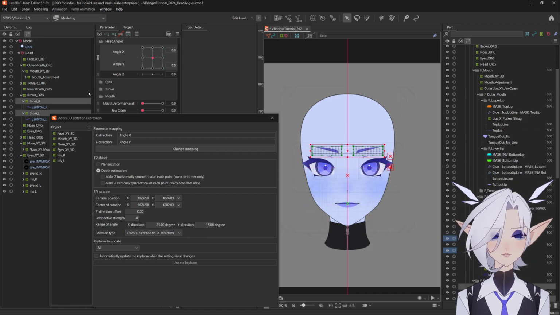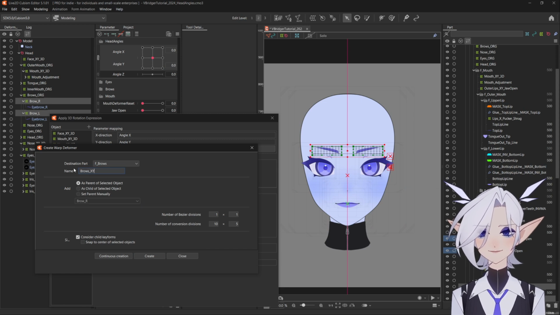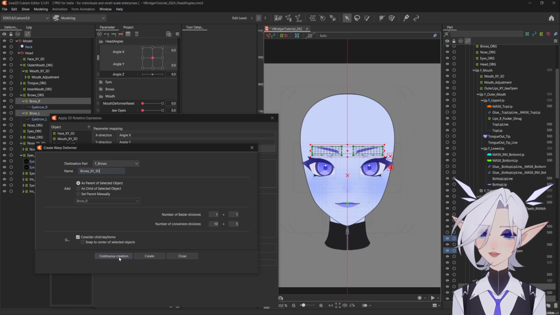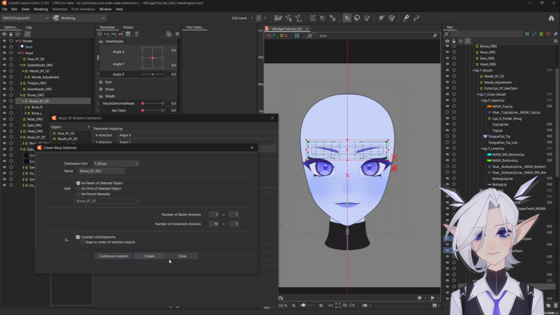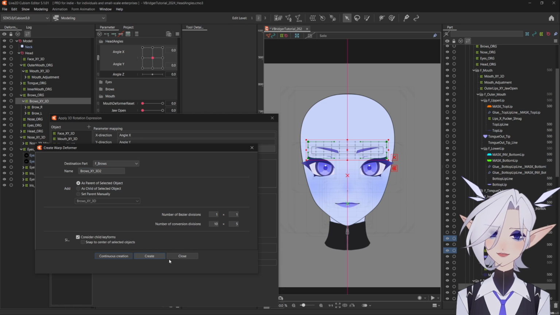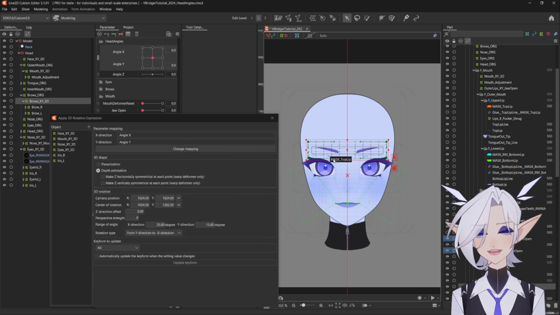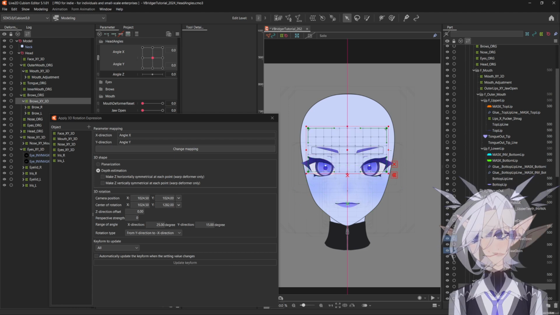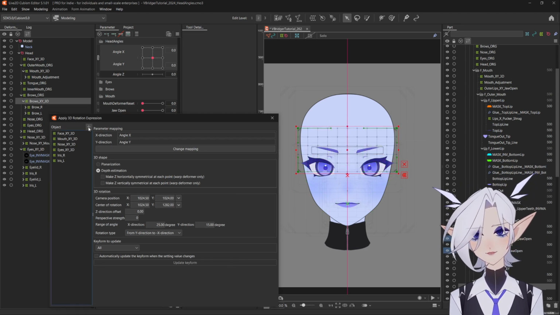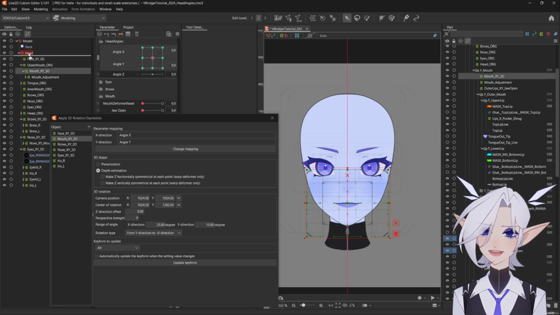Next, we are moving on to the eyebrows. So I will grab my two brows, give them a new parent deformer, call it brows underscore XY underscore 3D. When you consider child keyforms, at least in the version that I'm working with, it does not consider blend shapes, and because my brows are keyed on blend shapes, I need to manually make the deformer bigger. Then I will add it to the 3D deformers list, parent it to the head rotation deformer, and I can